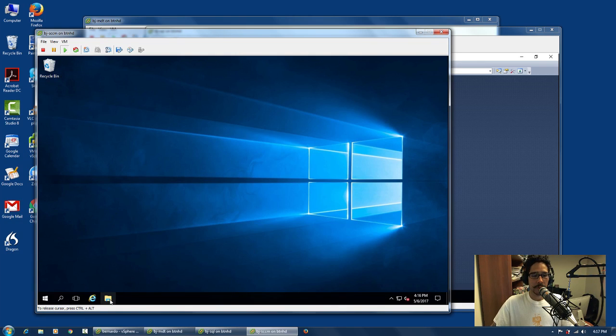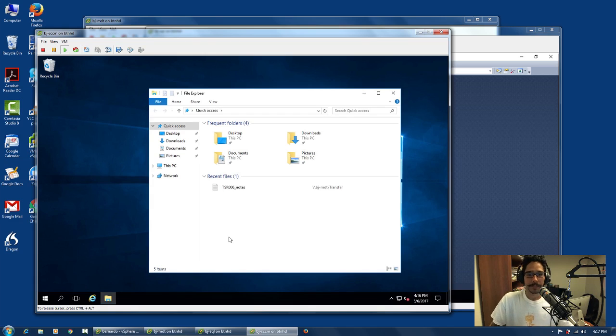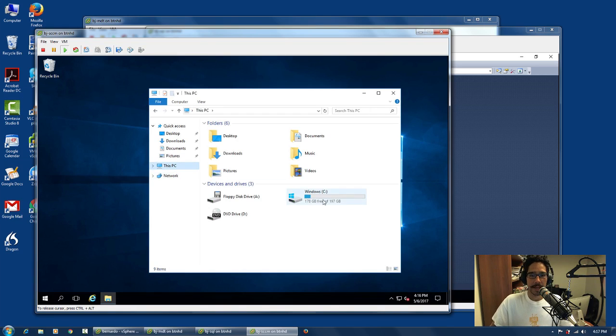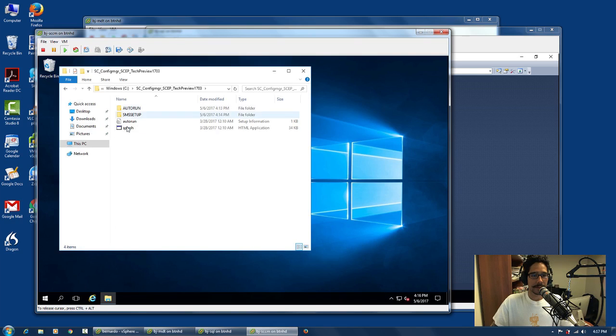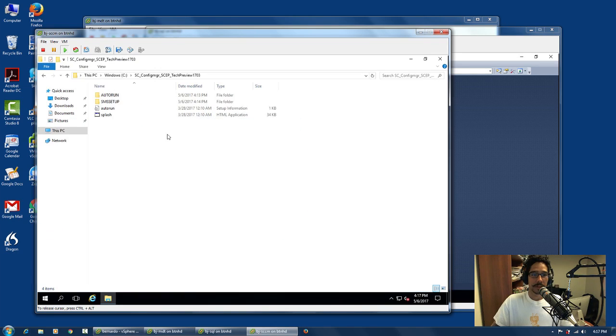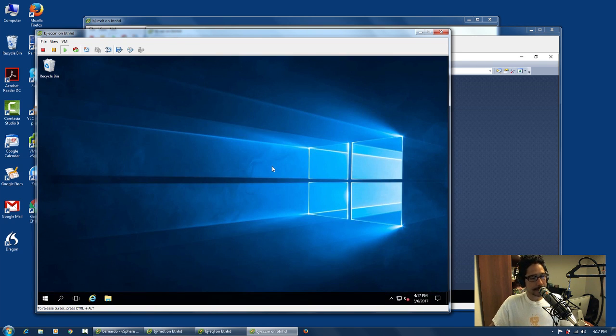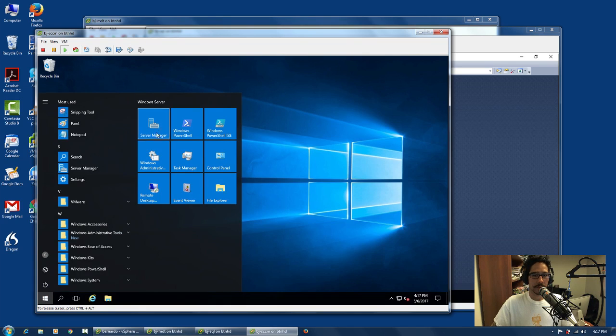And we're going to our File Explorer, this PC, Windows, and here goes our beautiful information, which we're going to be using pretty soon. So before we even start with the SCCM stuff, what we need to do is install WSUS. So I'm going to go into Start, Server Manager,